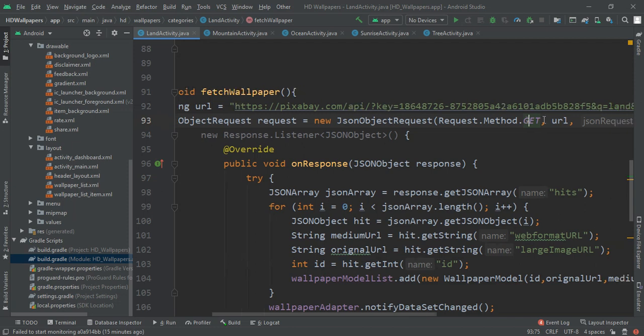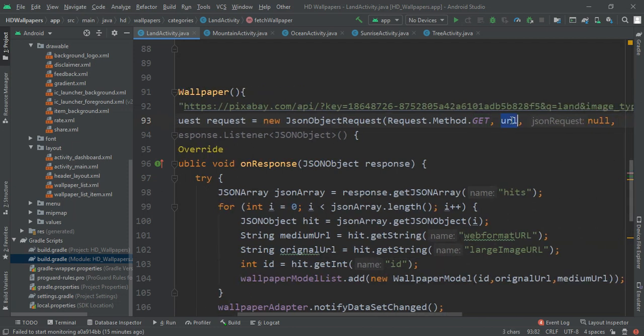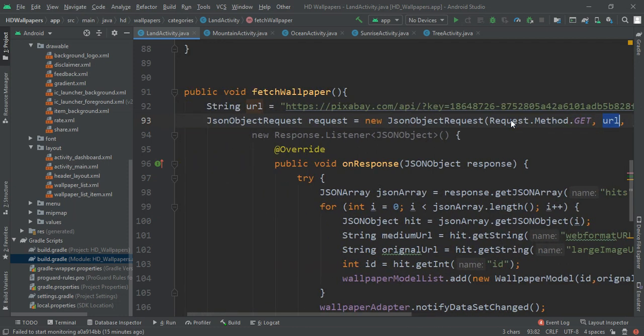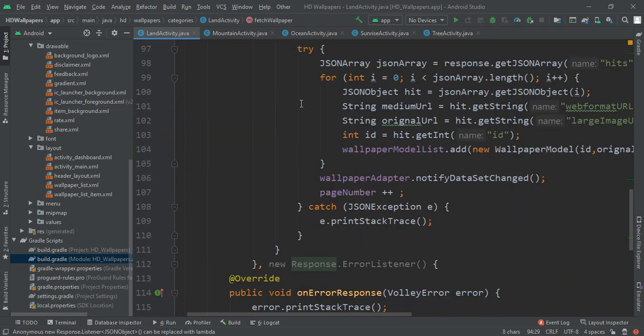Then we have our second parameter as the URL, and it basically needs 5 parameters. So second is URL, then third is JSON request which is null. Then we have 2 parameters. First is new, means if a response occurs then what we have to do, and next is what to do if an error is listened.